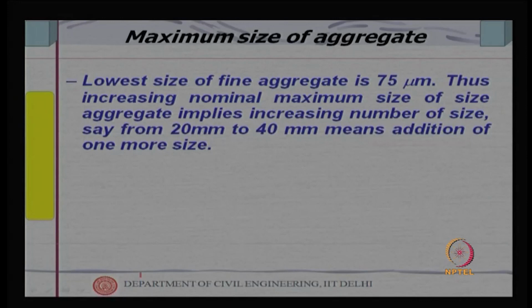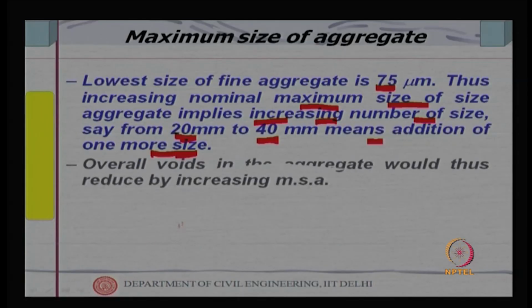So, the lowest size we say is 75 micron, because that is the sand size. Thus, increasing the nominal maximum size of aggregate implies increasing the number of sizes by 1. So, if you are using a maximum size of 20 mm and now you decide to use 40 mm, it means that you have added one more size, which means my packing density will increase and I can use less paste, right. So, addition of one more size is very important, and therefore, overall voids in the aggregate would reduce by increasing MSA. So, this we have understood now,